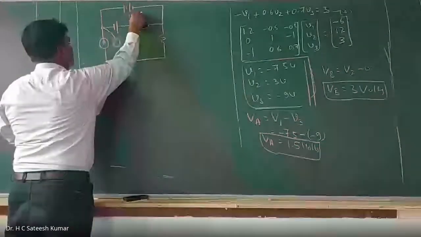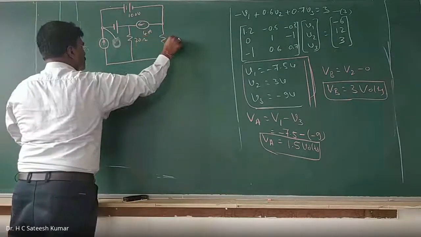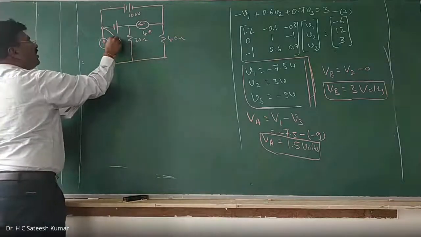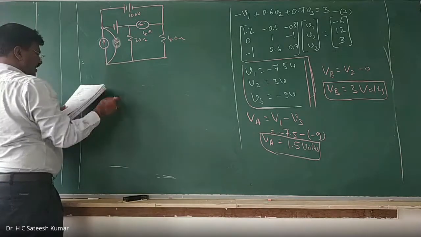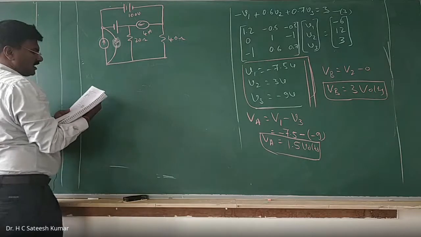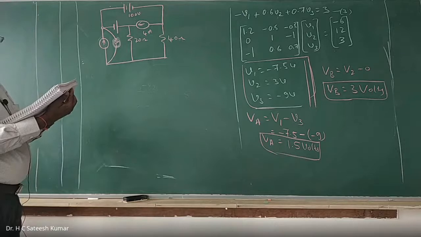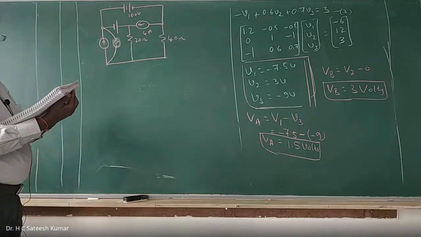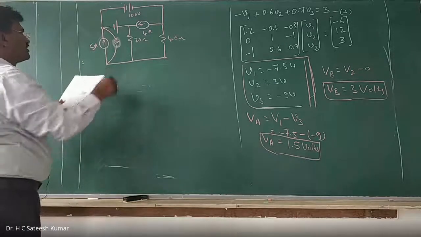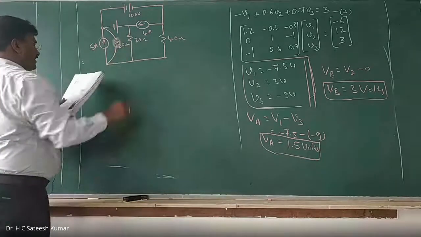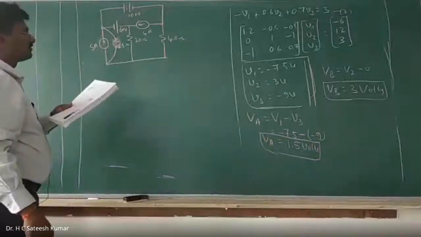100 volts, 4 amps, 20 ohms, 40 ohms. Okay, there is a resistance here, and the value of that resistance, the current source is V1. It's 5 amps. Sorry, this 5 amps, and this resistance is 25 ohms and 60 volts. 60 volts. Okay, right. So this is another interesting problem.